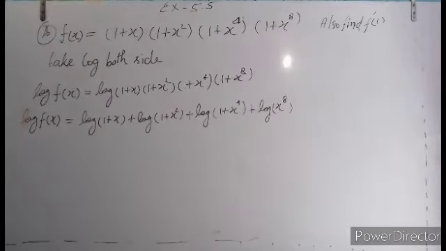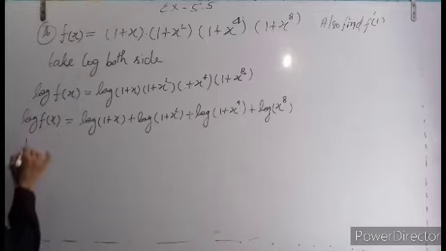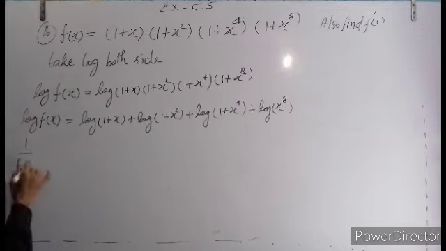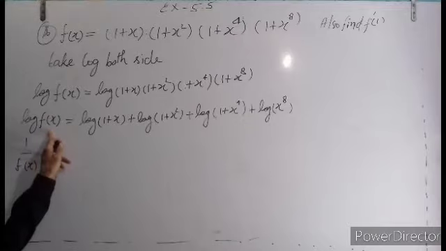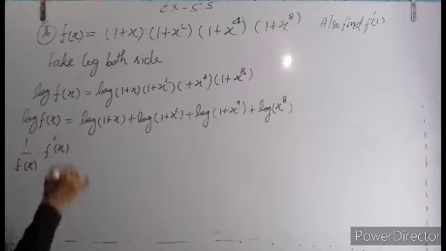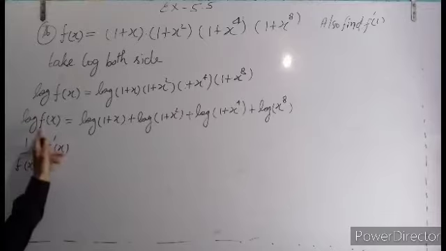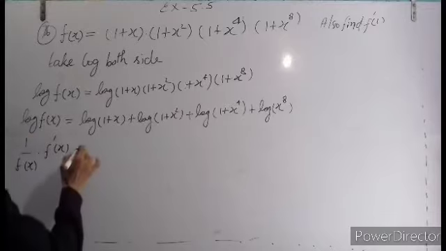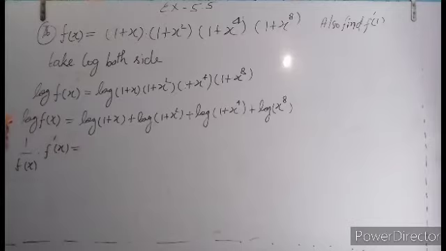Okay, when we differentiate both sides, using the derivative of log x, in place of x there is f of x, so in place of x, f of x will come. So the derivative of log of f of x will be 1 upon f of x into the derivative of f of x, that is f dash x, by the chain rule.